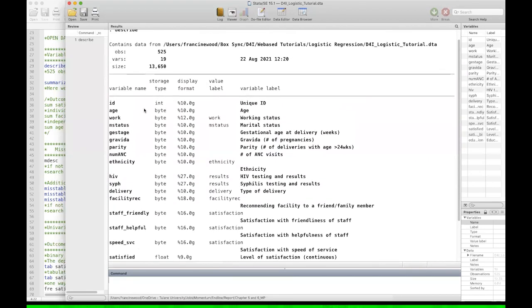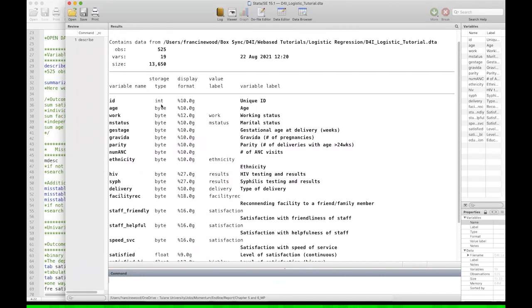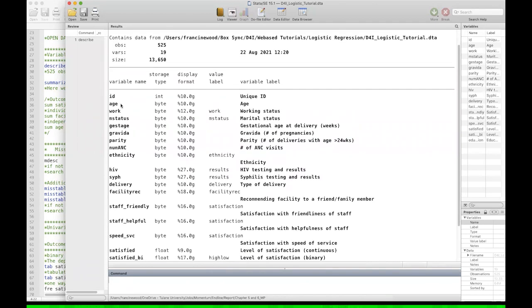So the describe command basically gives us information on the data we have in memory. And from this, we can tell we have 525 observations and 19 variables. It also gives us information on the storage type, the value label, and the variable label for each variable. And so in our data set, we have an ID variable, which is the unique identifier for each woman,